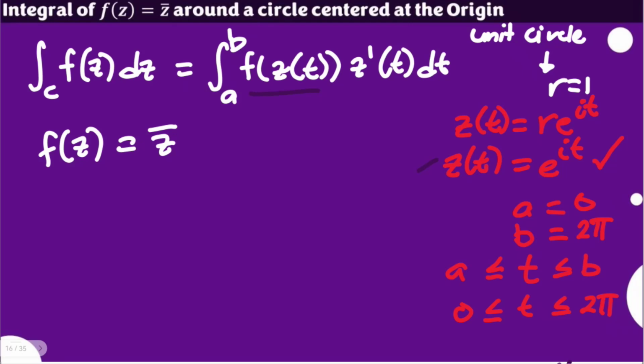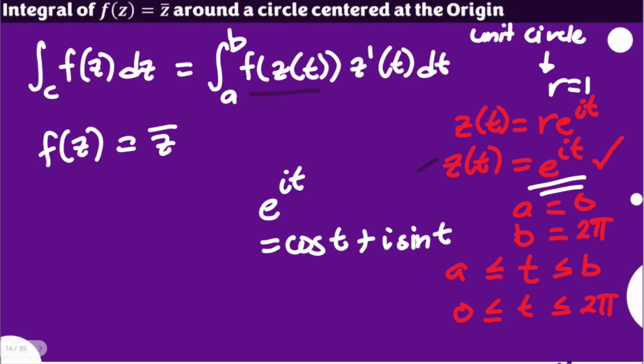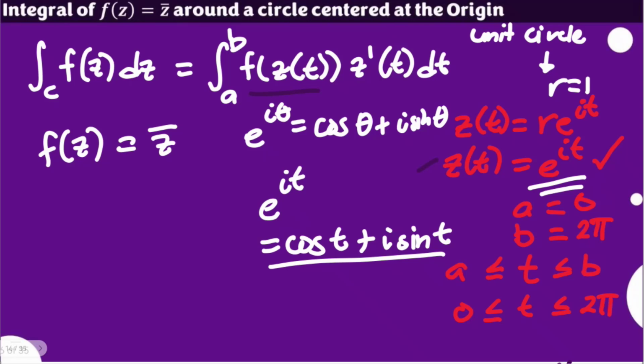We know that our e to the power of it can be written using Euler's formula. We have cosine of t. Of course, if this is r theta, you have r cosine, but since r is 1, you have here plus I sine of t. So your t is the angle. Let me illustrate this: if you have e to the power of I theta, it's actually cosine of theta plus I sine of theta. So our theta here is t. So it looks like this.